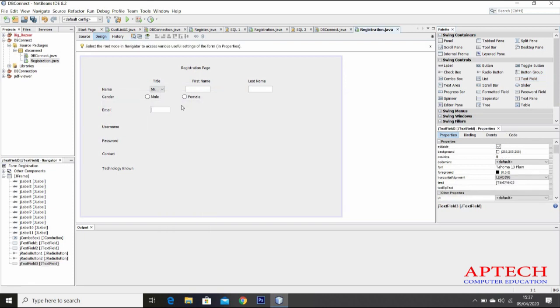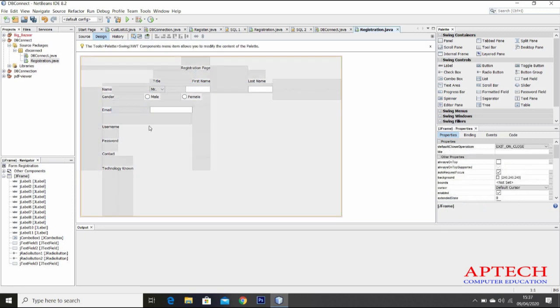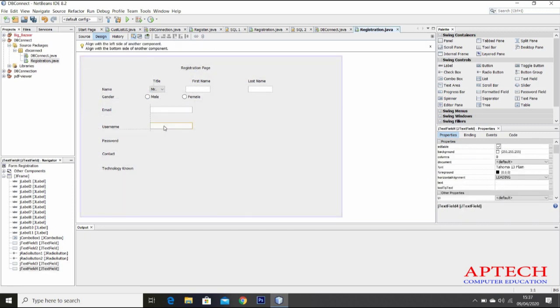Edit text. Then I have one text field for username, another text field for the password,